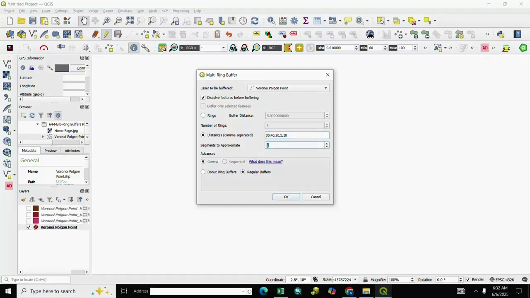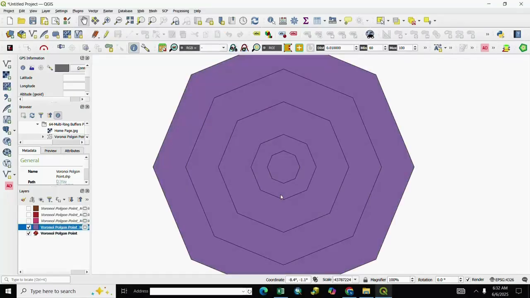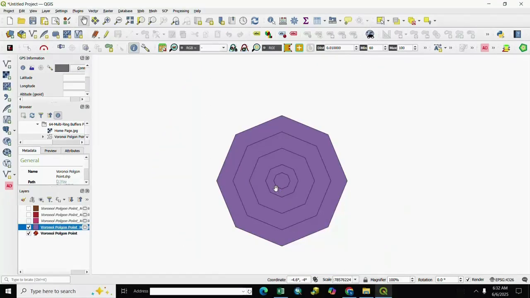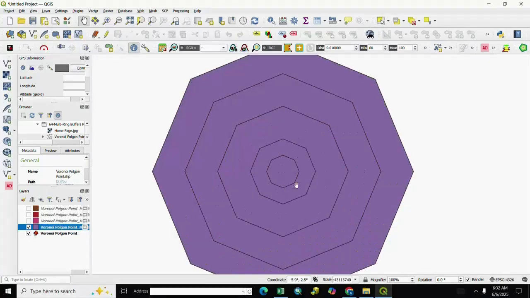Segment 2, then OK. You see here your buffer is created and you see here the detail. Go to Identify.